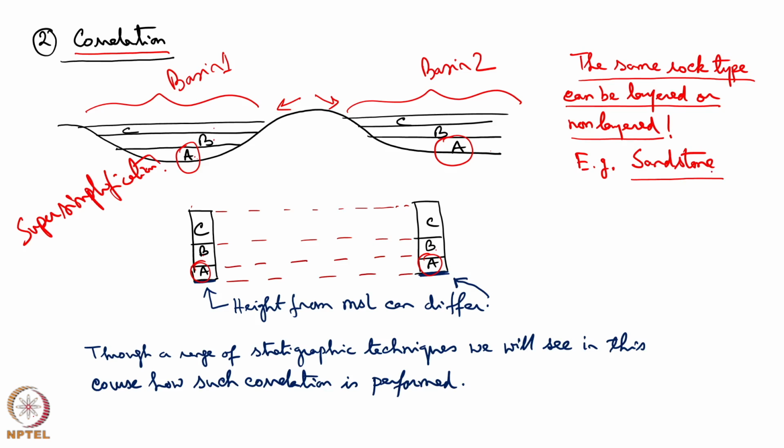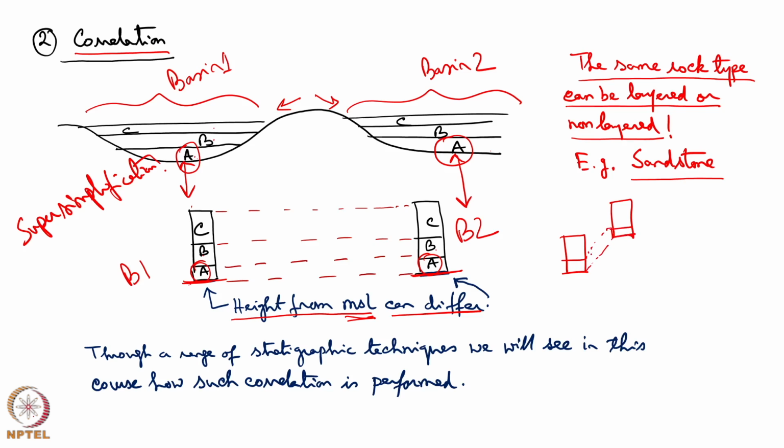Another point, when we were correlating ABC from basin 1 into ABC of basin 2, it is not guaranteed that this basement and this basement were of same height. It may not be of the same height. So, height from the mean sea level, MSL, can differ for these two basins B1 and B2. That means this height from the mean sea level and this height from the mean sea level may or may not be the same. So, instead of drawing the lithologs side by side in this way, one can also draw the lithologs in this way and say that